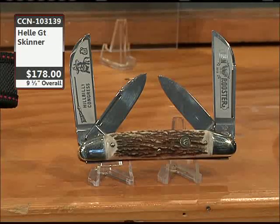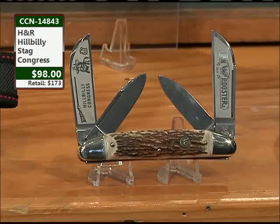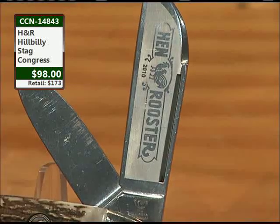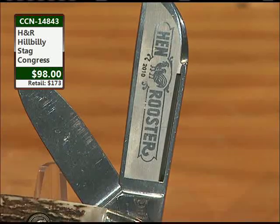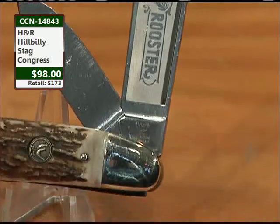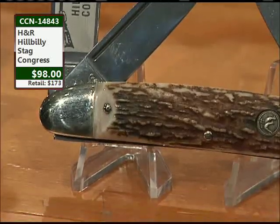Okay, I like this one a lot. This is the one, I believe, Bob, 2009 issue. Is that what's on the blade of this one? It's the Hillbilly Stag Congress reverse etching on it is what it is at $98. Retails about $173.33. Okay? And it's one heck of an item. And we have sold a bunch of that. Yes, this is 2010 issue. 2010 issue on this. Hen and Rooster, we found these new old stock, absolutely,